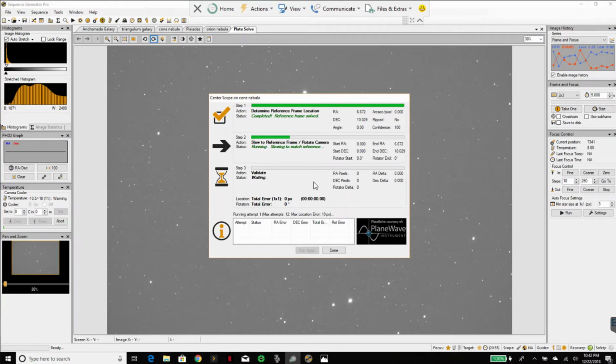Now, why would the Cone Nebula be in honor of Christmas, you might ask? Because the Cone Nebula is actually the top, or the bottom, or the side, depending on how you look at it,